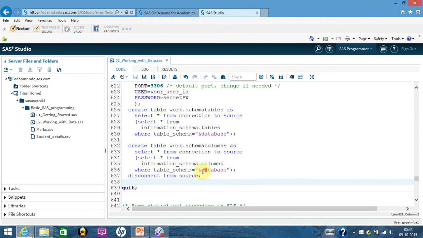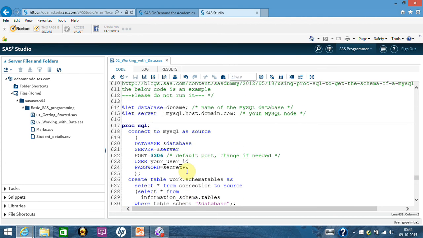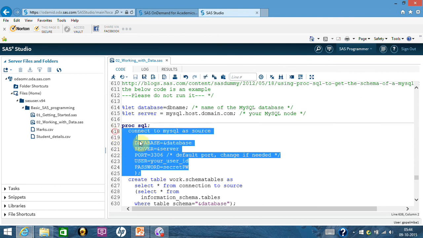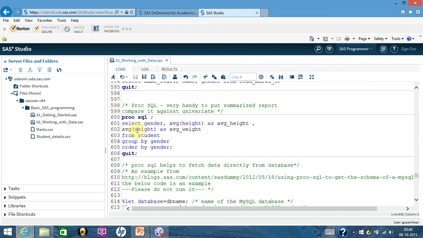So what I'm trying to say is that using Proc SQL, you actually can connect to a database. You will just have to ensure that the connection exists. This connection you can establish either inside this Proc SQL statement or above it, and after that, the way you are putting it here, you can do it like db.student, and it will go directly to the database and fetch the data.